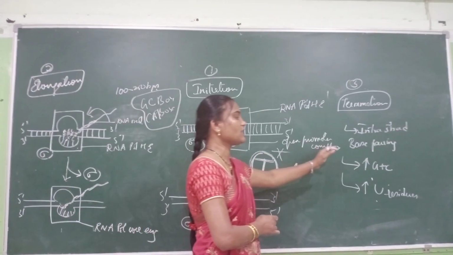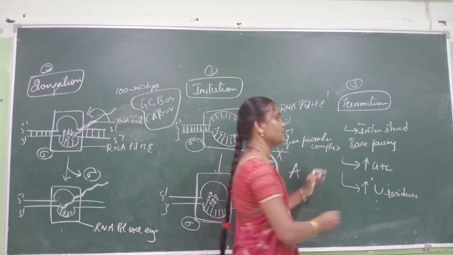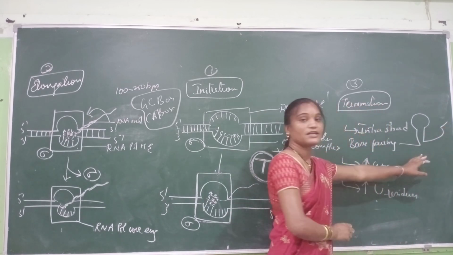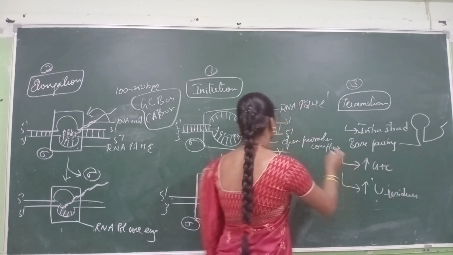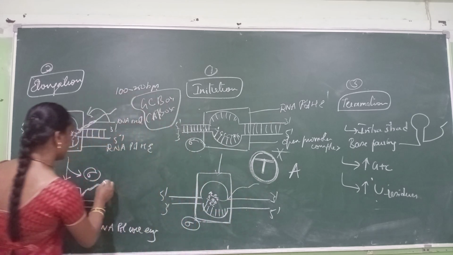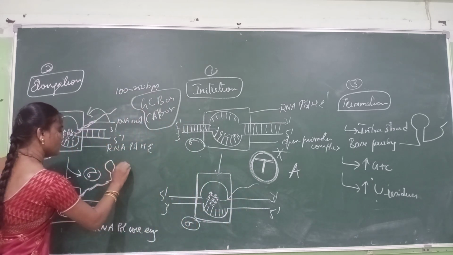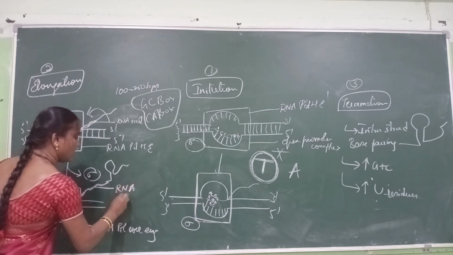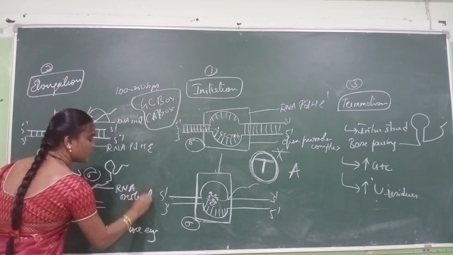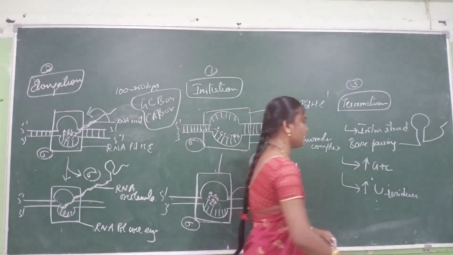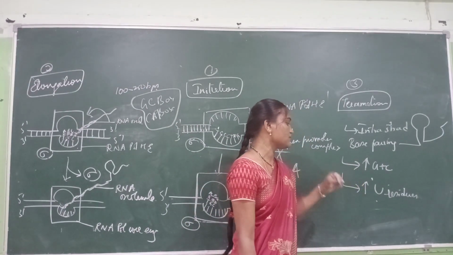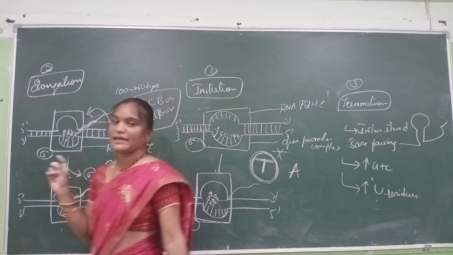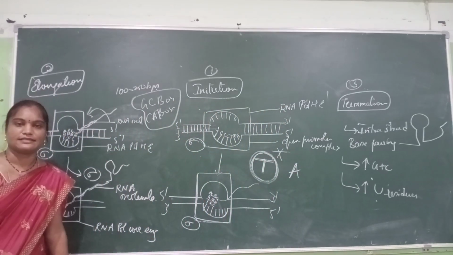Now in the termination, what happened? Formation of intrastrand base pairing, that is a stem and loop formation. So this is how the RNA molecule is stopped. In the termination, see, this is your RNA molecule. So this is how your intrastrand base pairing will occur during termination. So that is intrastrand base pairing. Next, more G+C residues and uracil residues. So this is nothing but the mechanism of RNA synthesis. Thank you.